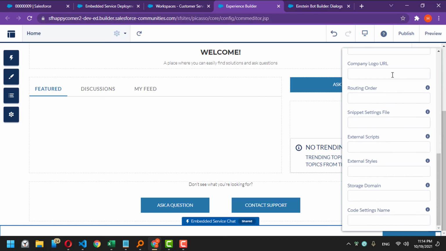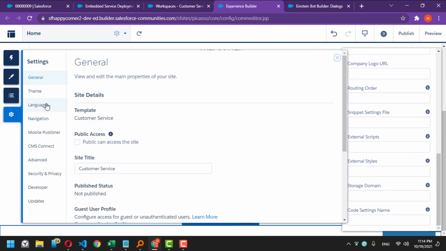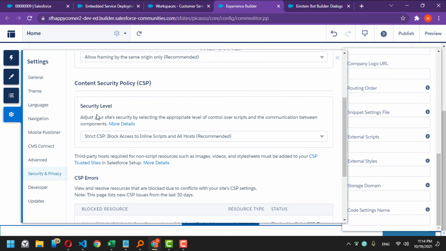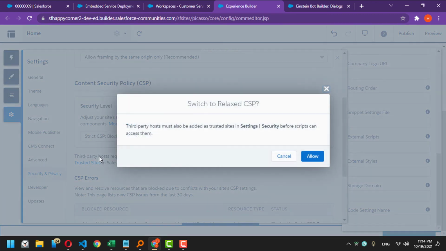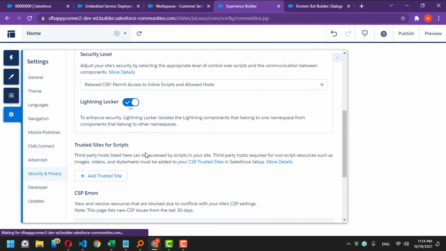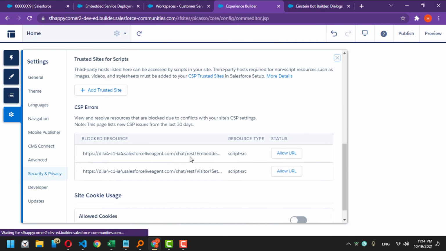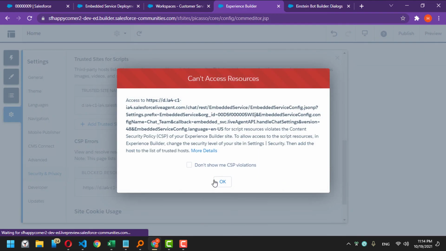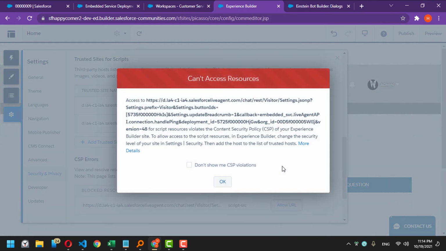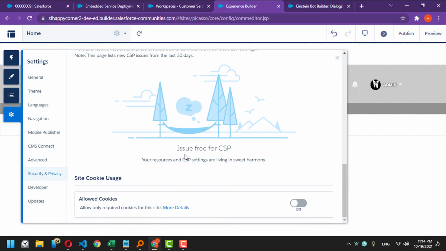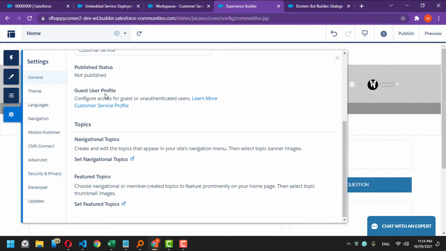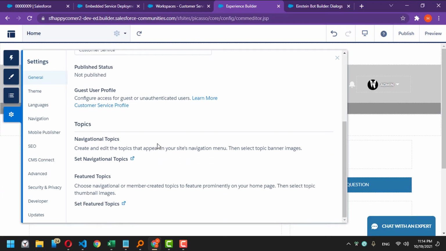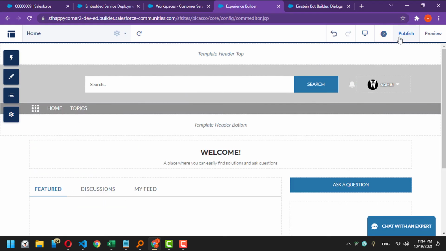Okay, that's great. Let's go to settings. Let's go to security and privacy. Let's go to security level. Convert it to relaxed CSP, allow. And in the trusted, that's great. This was blocked before, so I will allow it. And allow this one also. Okay, that's perfect. Now I will make my community public, so the public can access this. And that's it. I think if I save now or publish,